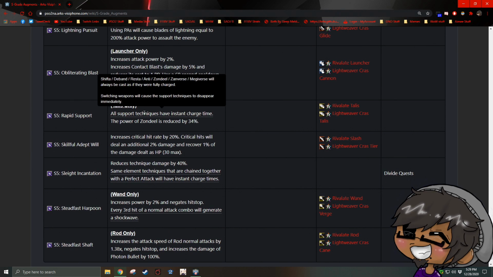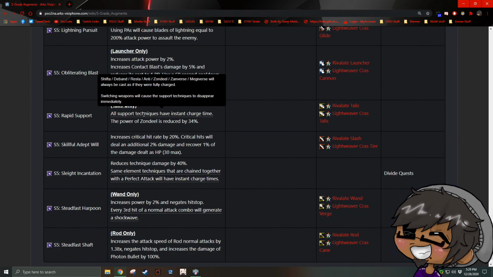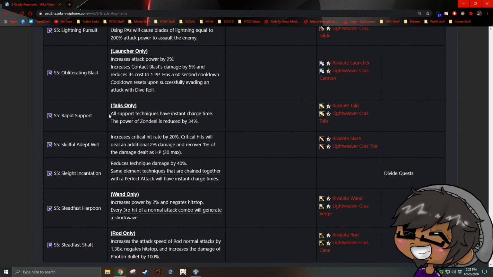Rapid Support. All support techniques have instant charge time and the power of Zandil is reduced by 34%. Keep in mind this does not work if you switch weapons. If you're using a field ability and you swap weapons, the field goes away. You can't just super quick charge stuff or insta charge things and then switch off of the weapon itself. Not gonna be very useful. It might be helpful if you have access to an S5 and you're buffing, you can use that, but S5s are usually saved for damage,